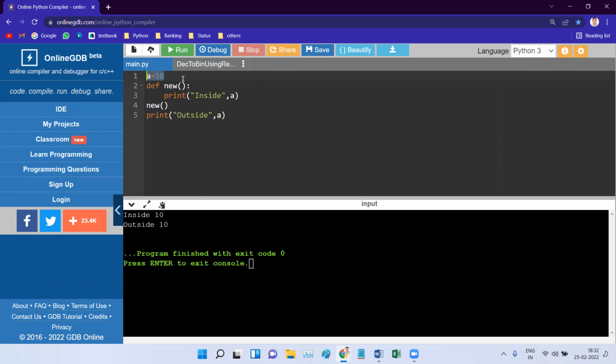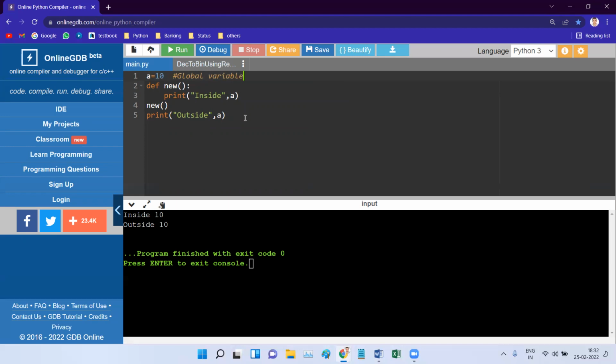Now I will remove this line, so I will remove the global variable. Now I will define this variable inside the function. Let me copy this.